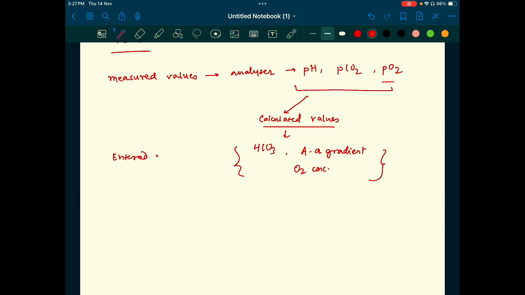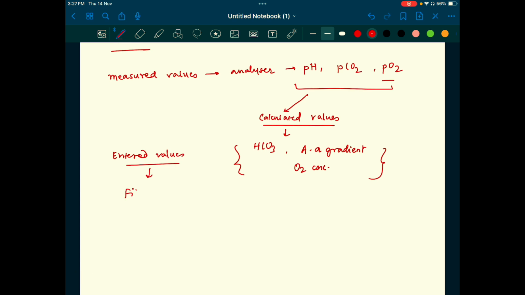and there are the entered values. So the values we have to enter, the machine can't know by itself. For example, the FiO2, we have to enter the FiO2, we have to enter the hemoglobin, right? Hemoglobin concentration. So all these are the different things we have to know first: measured values, calculated values, entered values. All right, so next comes